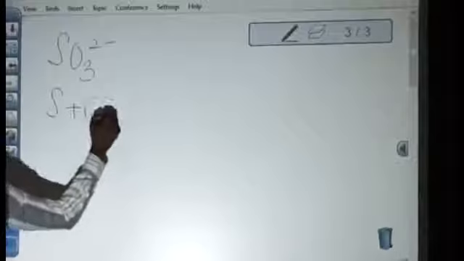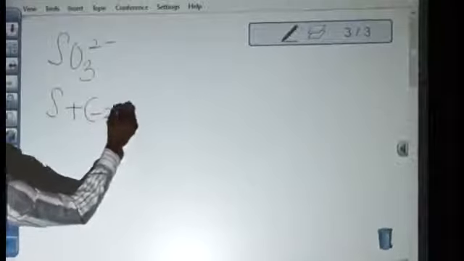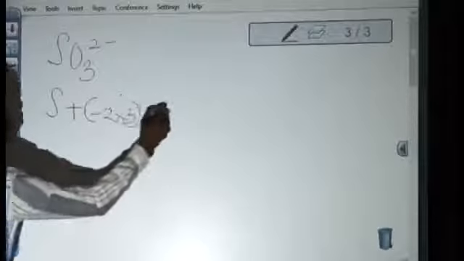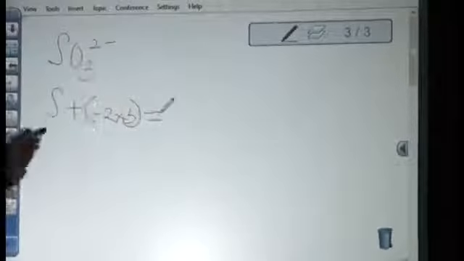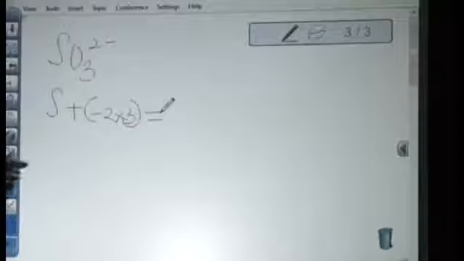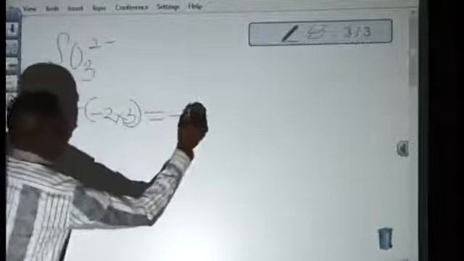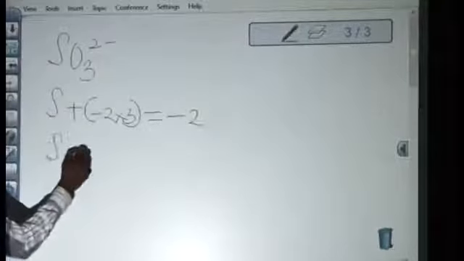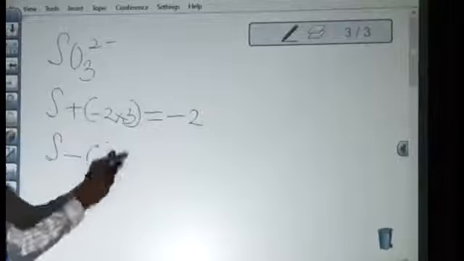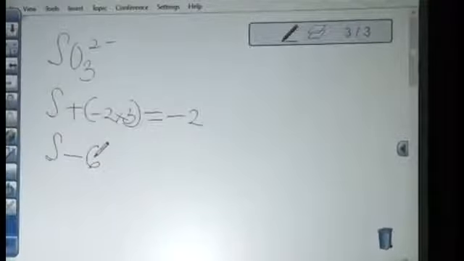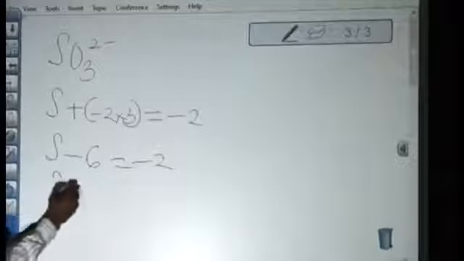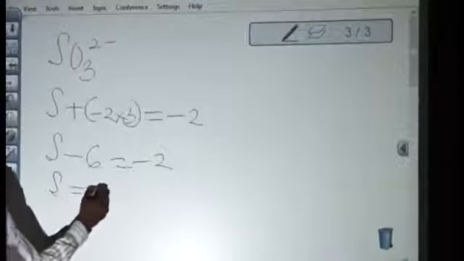We have -2 times 3, because there are 3 atoms of oxygen, is equal to, this is the radical ion, the sum of oxidation numbers of elements here will be equal to the charge on the ion, which is -2. Then we can say x minus 6, because -2 times 3 will give us -6, is equal to -2. Then x is equal to